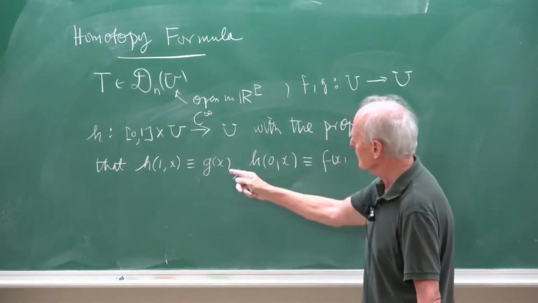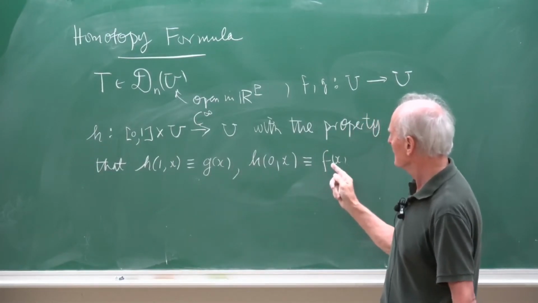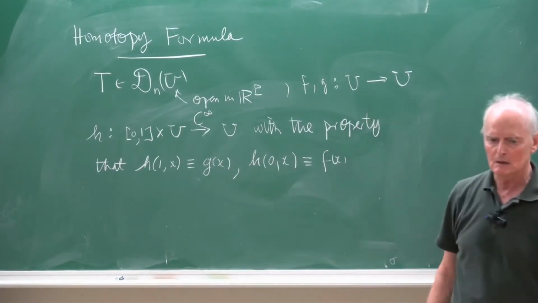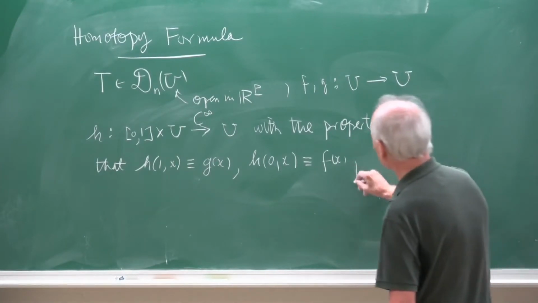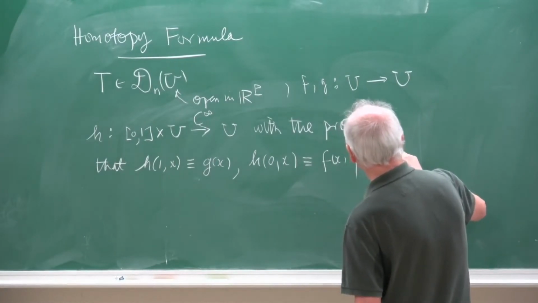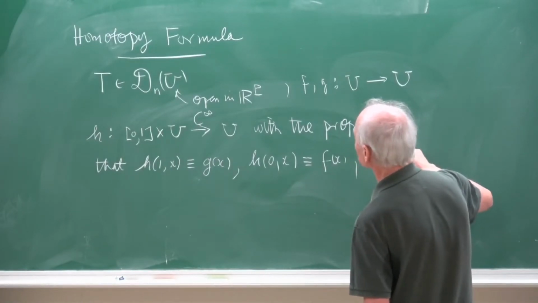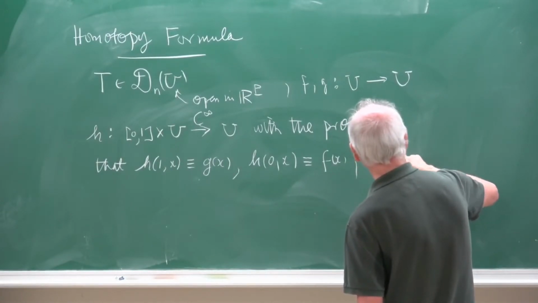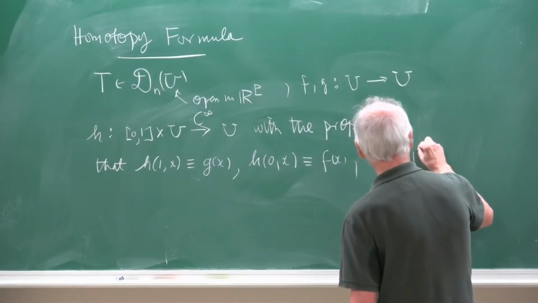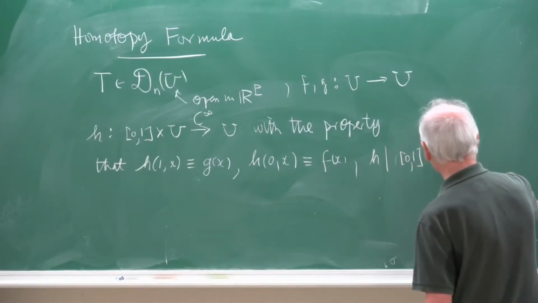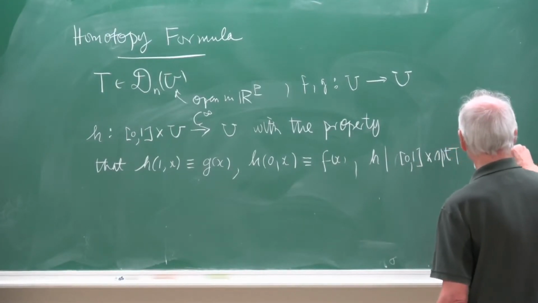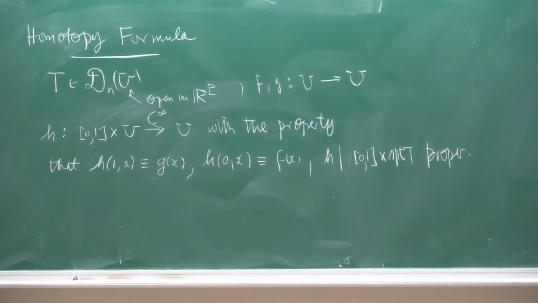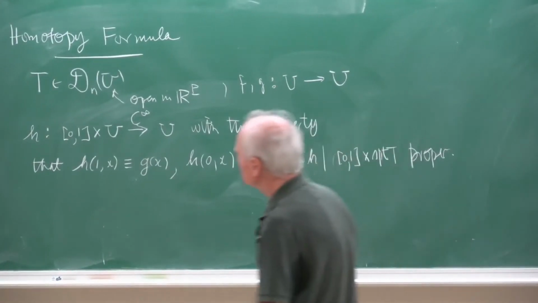So h provides a homotopy starting with f and ending with g, right? And furthermore, h should be proper. H restricted to the support of the current 0, 1 cross the support of T should be proper. Then